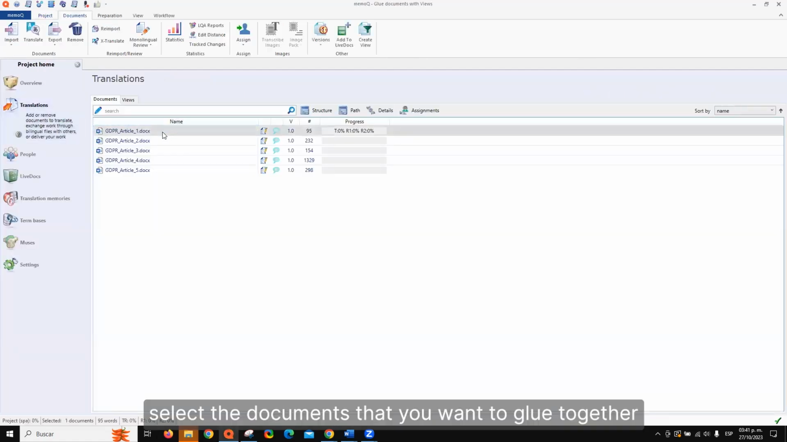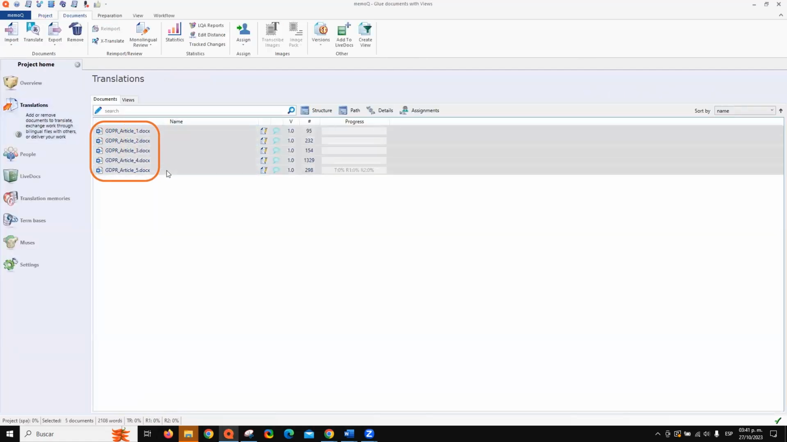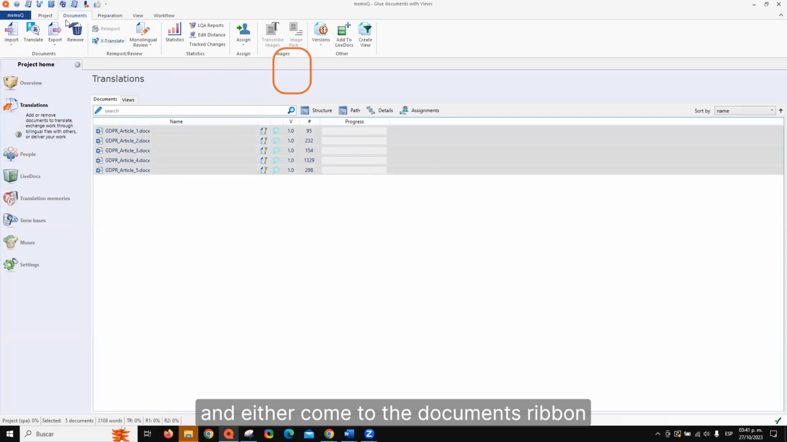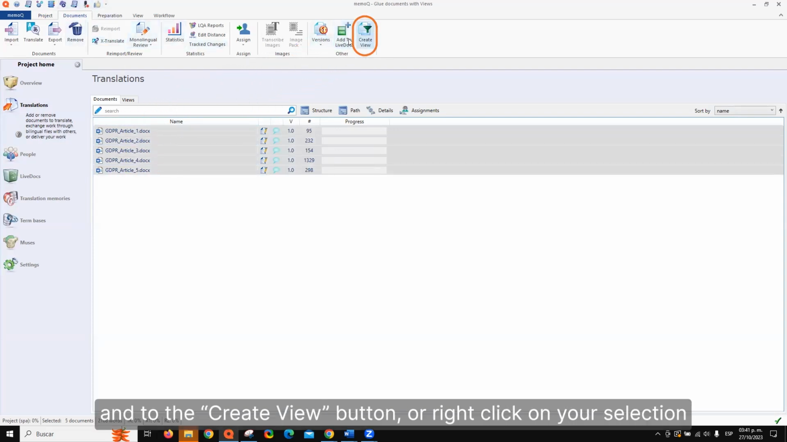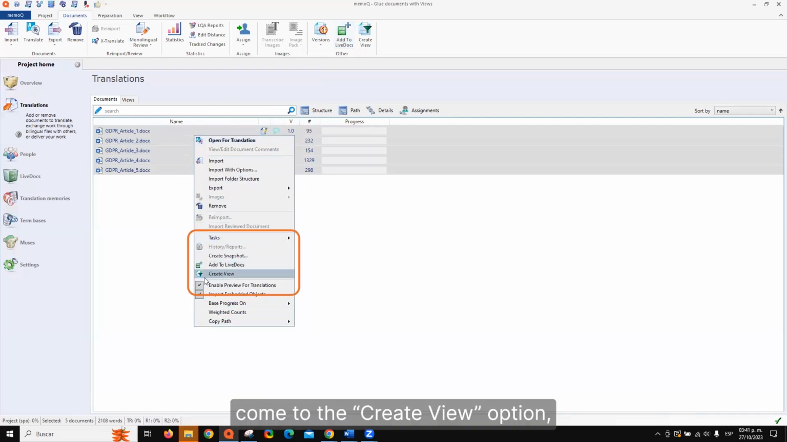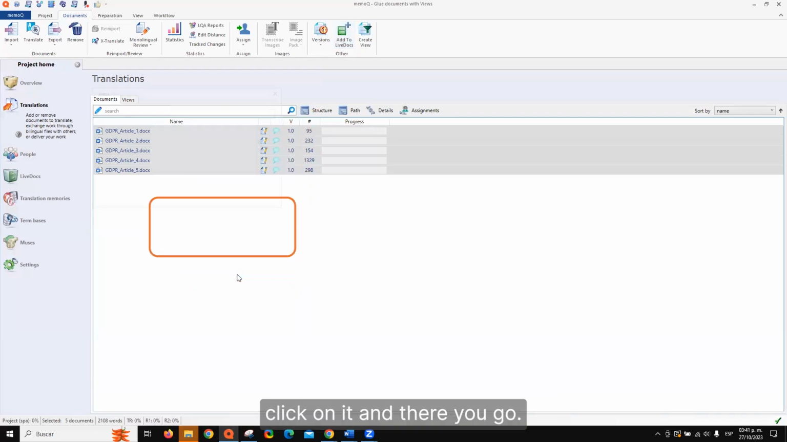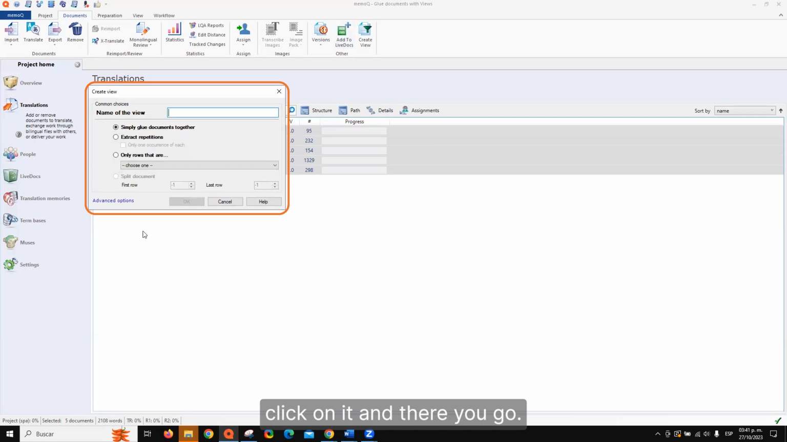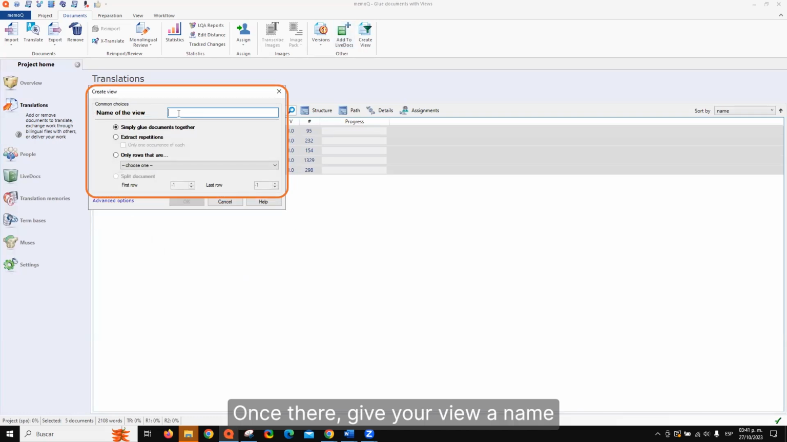select the documents that you want to glue together, and either come to the Documents ribbon and to the Create View button, or right-click on your selection, come to the Create View option, and click on it, and there you go. Once there, give your view a name